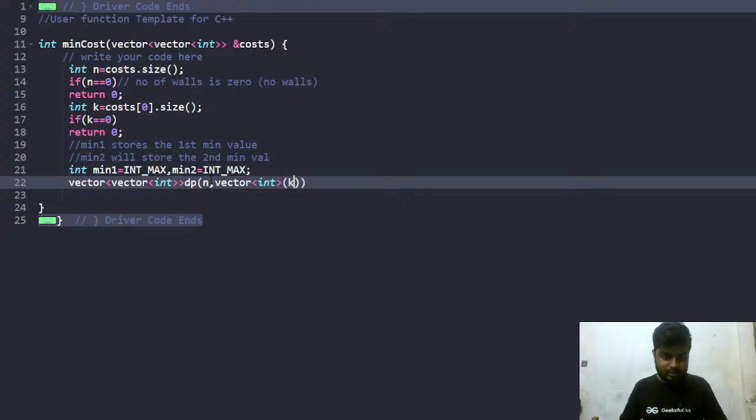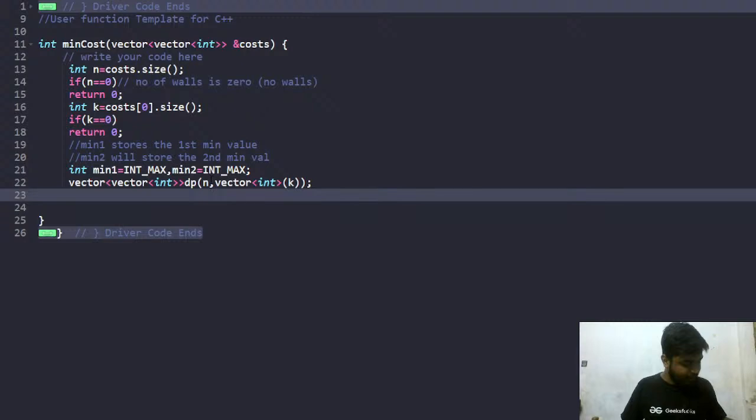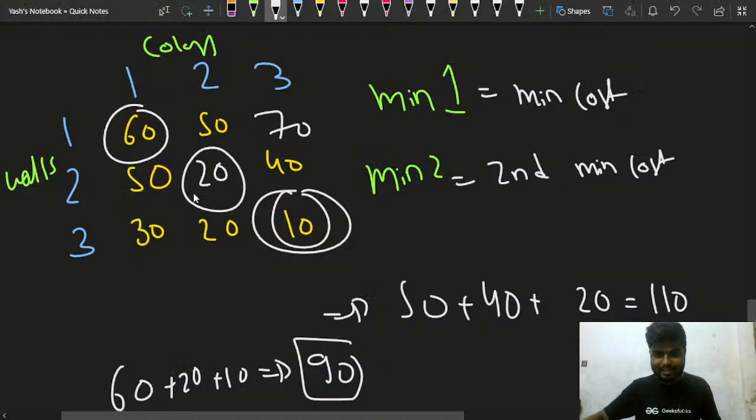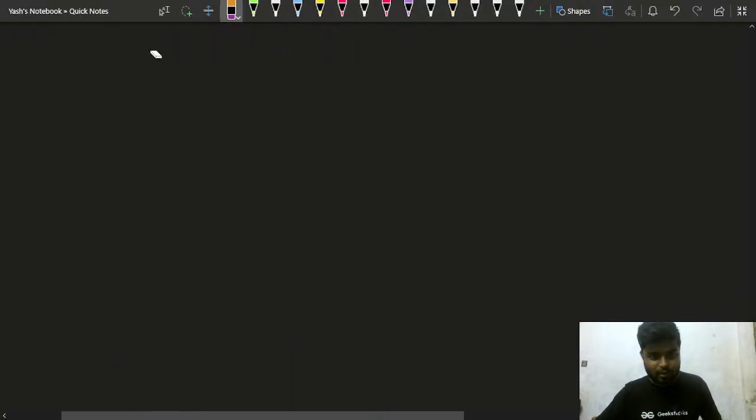So this DP I'll declare, to store the answers, right? Is it clear to everyone? Is it clear to everyone else? Okay, now what will you do further? Do you know in DP we need to initialize the values, right? So suppose in this case that I haven't chosen any wall. Can I say that for DP of i 0 I want to have some values, right?